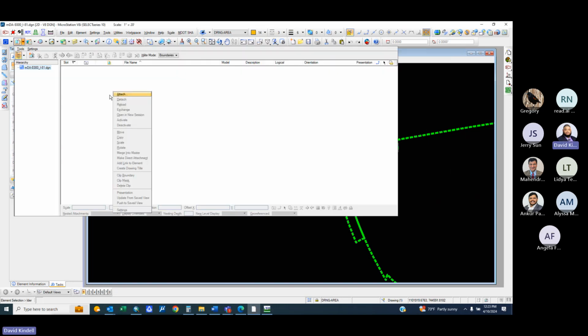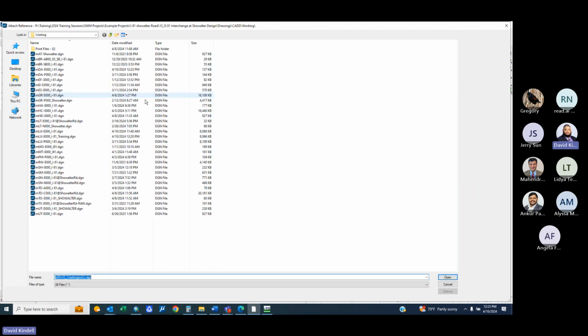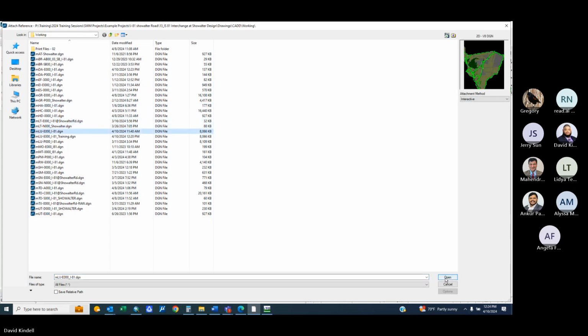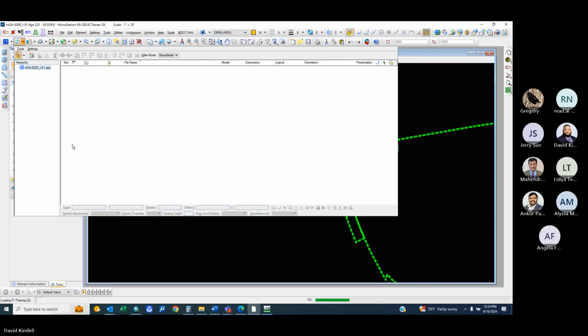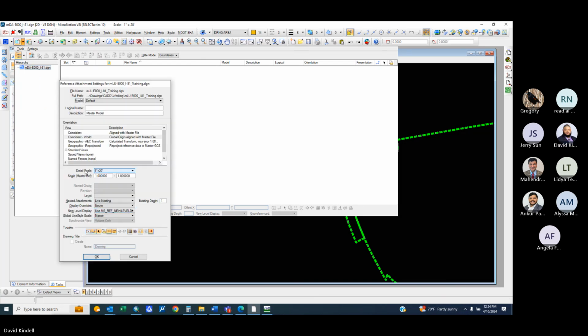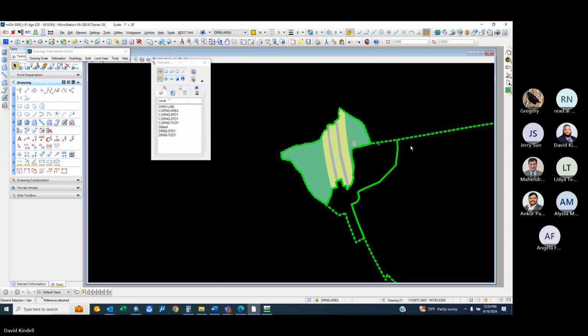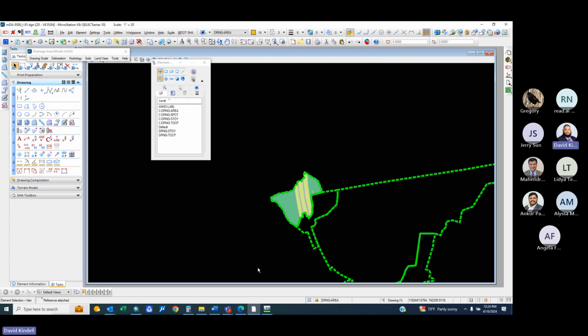So let me reference in my MLE. Now we have the MLE here, but we need to figure out what soil it's in, whether it's A, B,